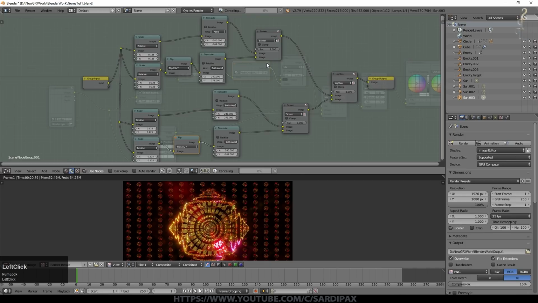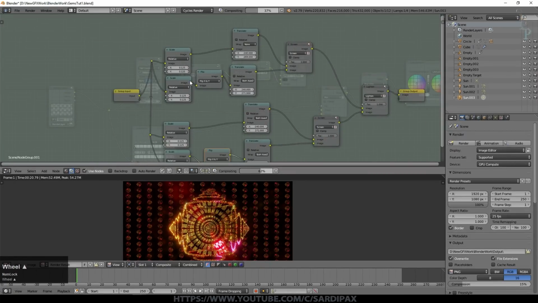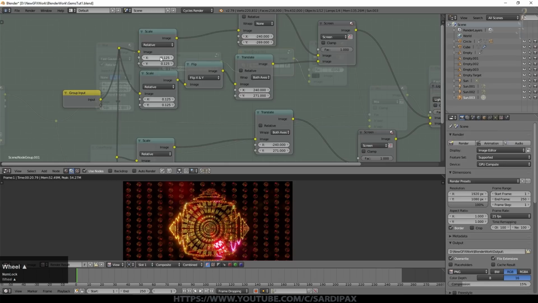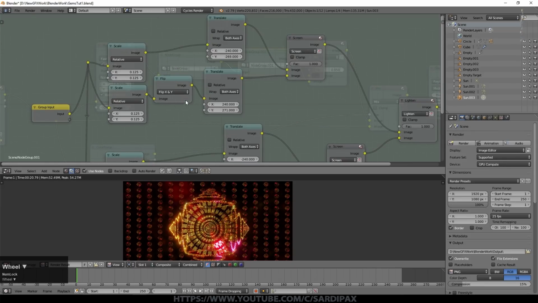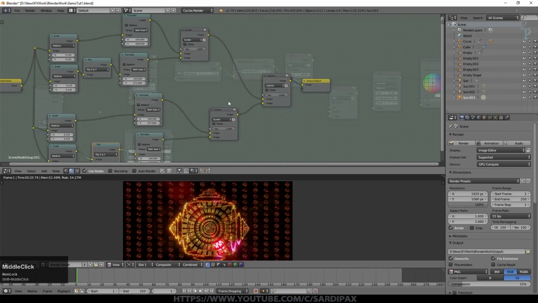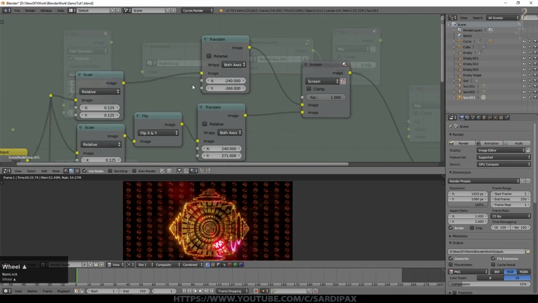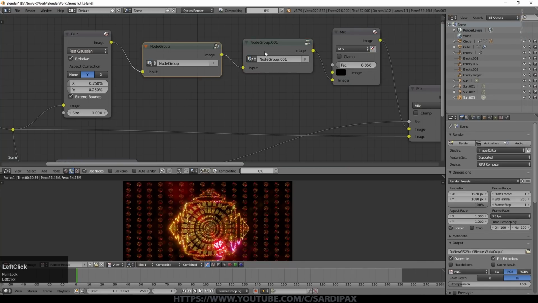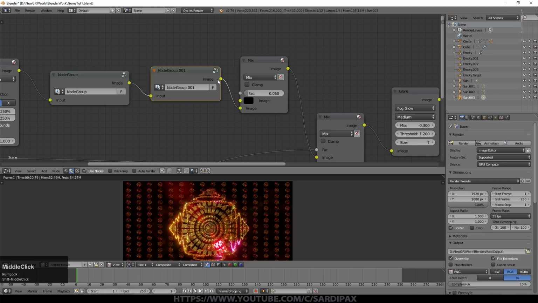Then we did almost the same thing again, only this time much smaller again. That's an 1/8 this time, 0.125, and again mix it in exactly the same way. We also halved the value of the X for each of them. You can play around with these numbers, but really this is just about how many objects you want spread across the grid. So the output of that first node group just feeds into the second one. You can copy the node group, but don't forget to click the little 2 that will appear, otherwise you'll have only one node group really.